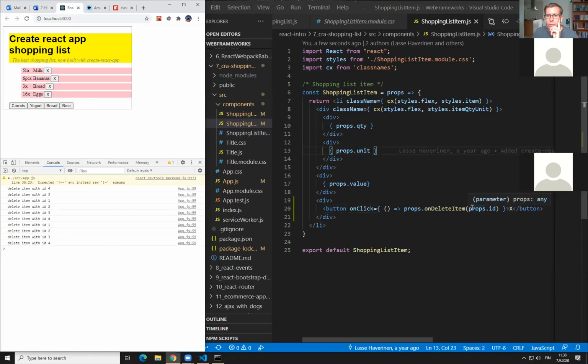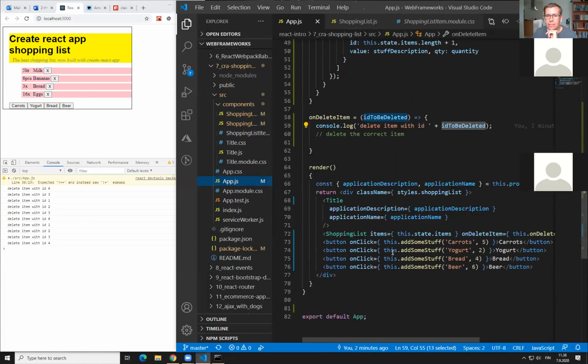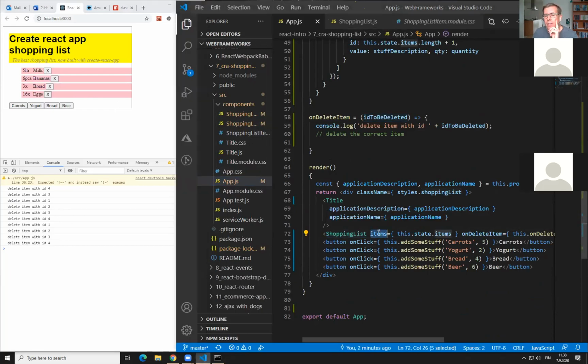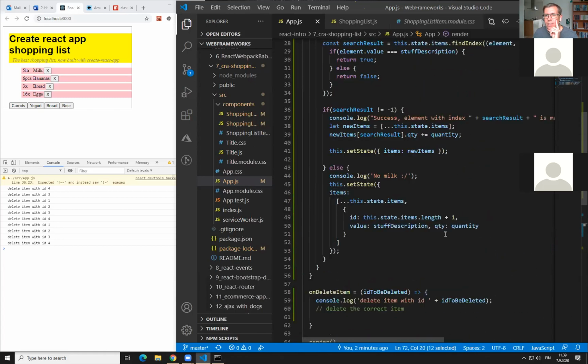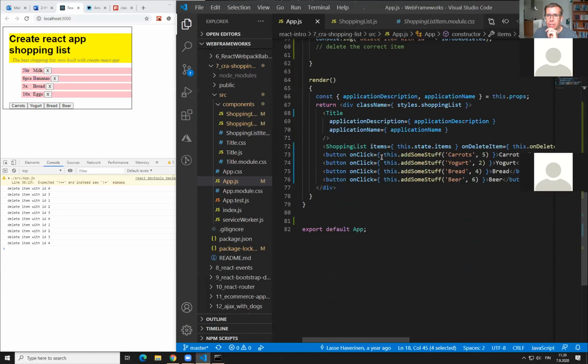And here is one thing which is not evident, that where does this ID come from? To understand that one, we need to go all the way to the app where we are creating these. The shopping list is a component which is taking care of rendering all this shopping list, and we are passing the items prop with this content. So the whole array will be passed here. And the array was like this: there is the ID, the value, the quantity and the unit. So all the data will be available